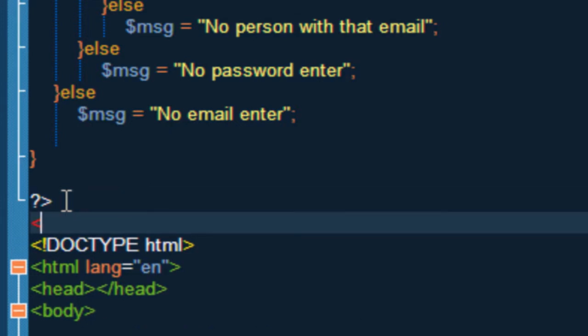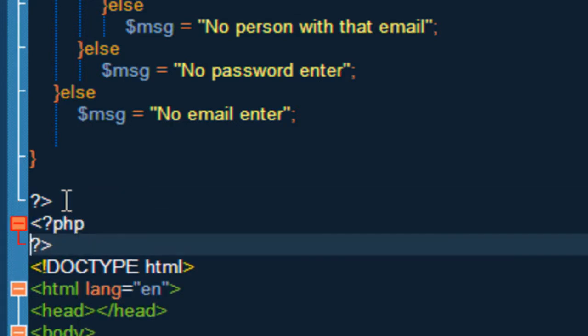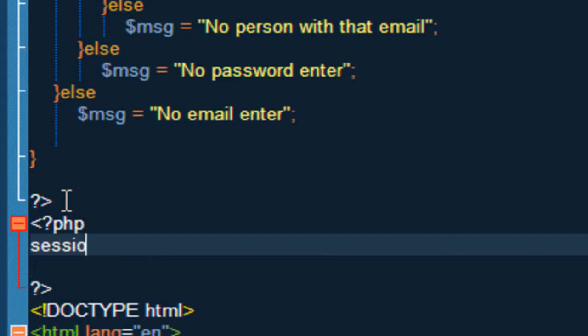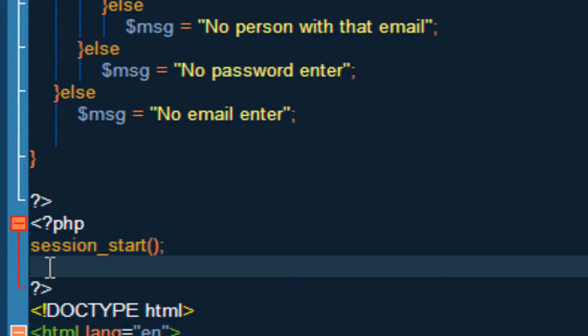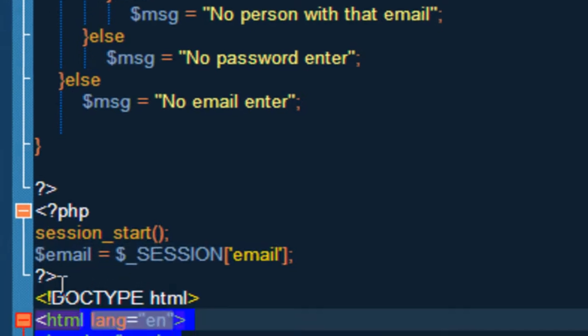So after this we want to add some PHP tags, and we want to start the session again, and I'll tell you why. And we want to say email equals session email. Alright, I'll tell you why we're doing this. Once we copy this